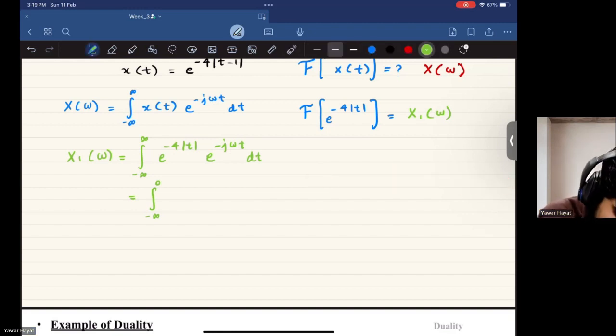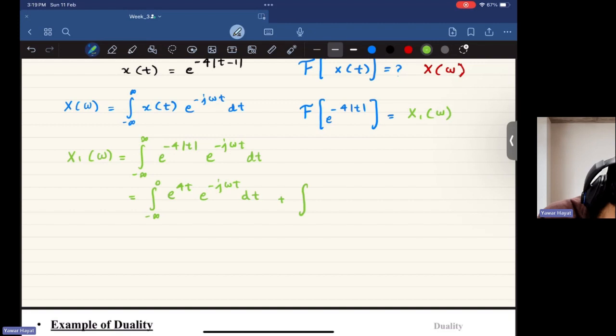So I'll use that. Minus minus would make it plus, and we will be left with e to the power 4t e to the power minus j omega t dt